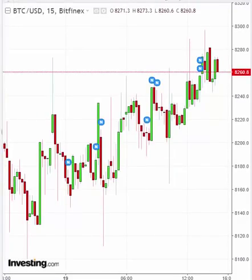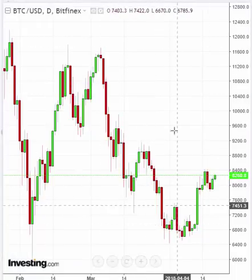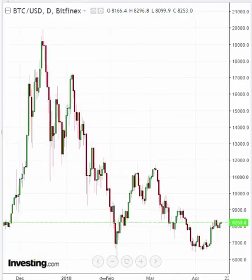This is obviously the intra chart. What we want to do is go to the daily chart. Let me get rid of these little dots on it. And obviously, Bitcoin's had a good move as well. All the cryptos have had a big move. But what I want to show you on this is where I'm looking to buy Bitcoin, because I still think